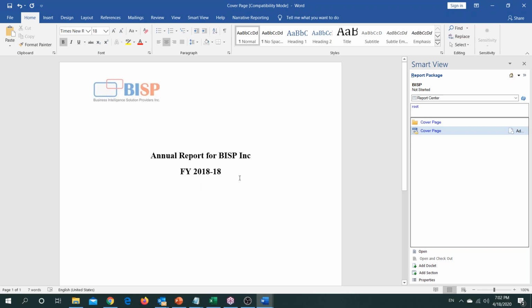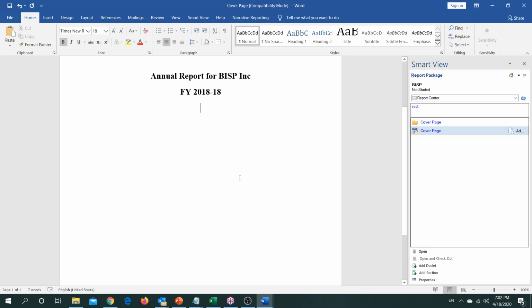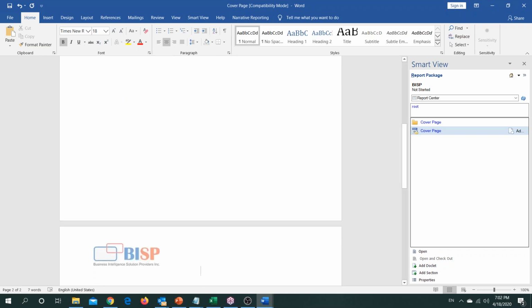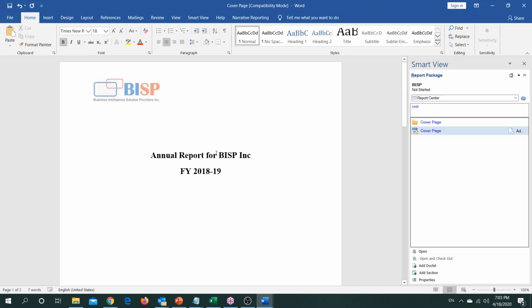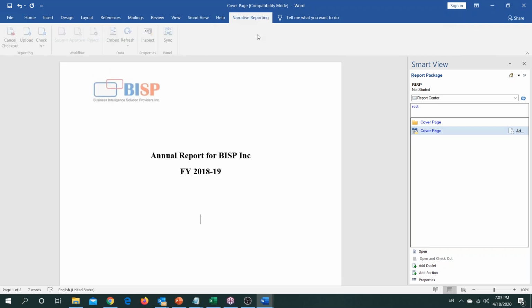Okay, now there is a tip as recommended by Oracle. Whenever you make any changes, you just drag to the final page, because if you do not drag to the last column, any content that you add will be reflected just below your submission. Okay, so this is what I have done. Now again go to smart narrative reporting and just upload. So it will upload this information into your environment.